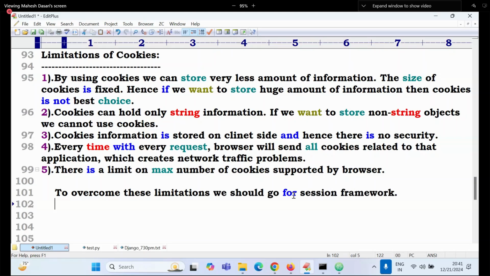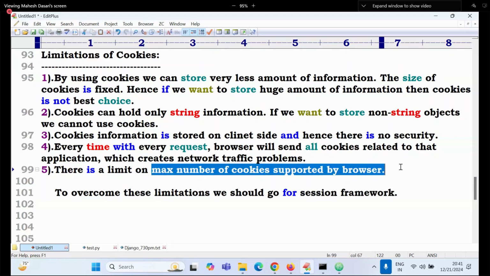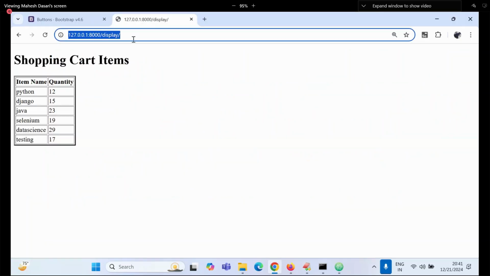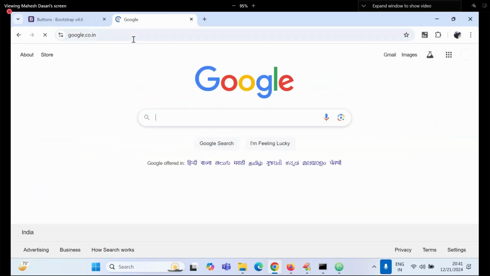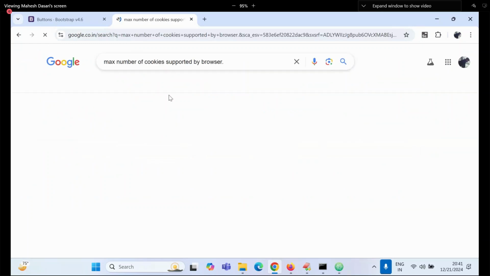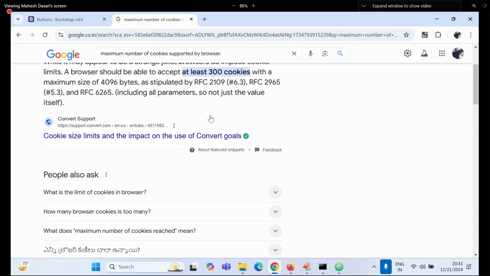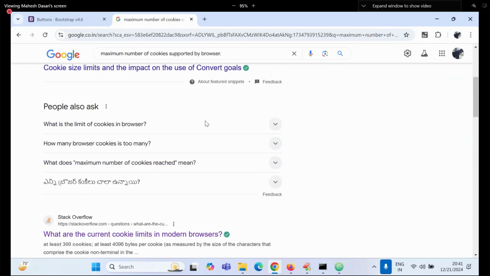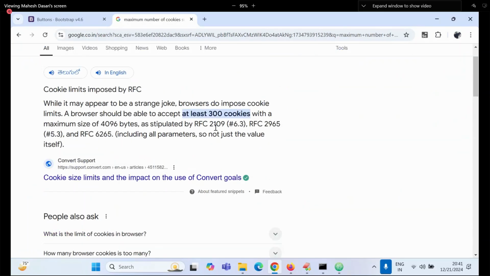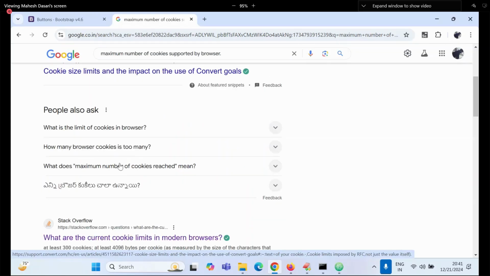What is the maximum limit of the size? The maximum number of cookies supported by the browser, we can ask Google. Google will tell. Maximum number of cookies supported by the browsers. The complete information is the cookie size and its impact on the